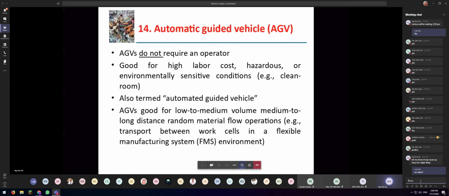So automated guided vehicles, they are good for low to medium volume in a medium to long distance random flow operation. So anytime you have fixed flow where you know it's going to start at A and then go to B and go to C, and that's one of the few ways that it always goes, then AGVs probably don't make so much sense. But when you want more random flow, where, okay, now I need this and here, now I need this and that, then AGVs start making a lot more sense,